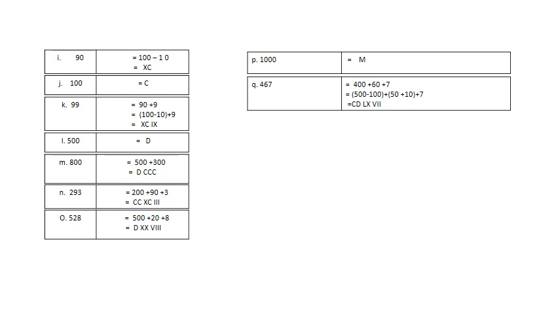Next is 467. We write down in expanded form as 400 plus 60 plus 7. Now this 400 we cannot write as 100 four times, because the symbol can be repeated only thrice. So in such a case what we will do, we'll convert it as 500 minus 100, because 500 and 100 are basic symbols, and 500 minus 100 become 400. 60 will be converted as 50 plus 10, and 7 we will write down either as 7 or 5 plus 1 plus 1, that way.